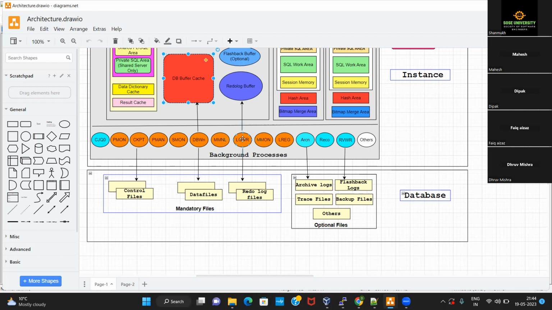The job of the log writer process is to copy the redo entries from the redo log buffer onto the redo log files. So what is the job of LGWR, the log writer background process? It copies the redo entries from the redo log buffer onto the redo log files.